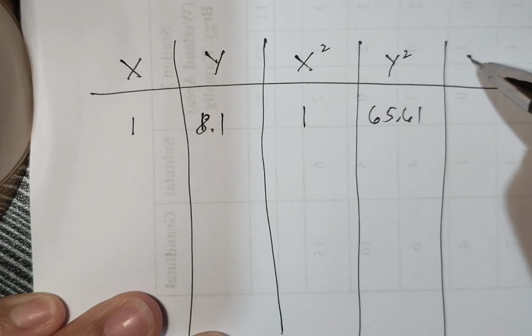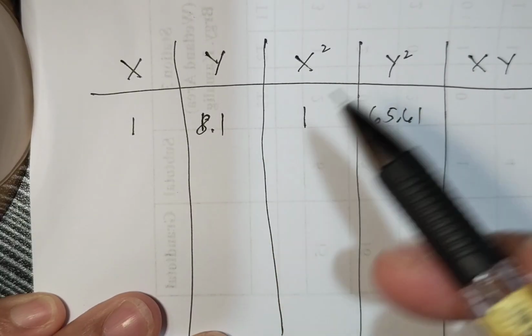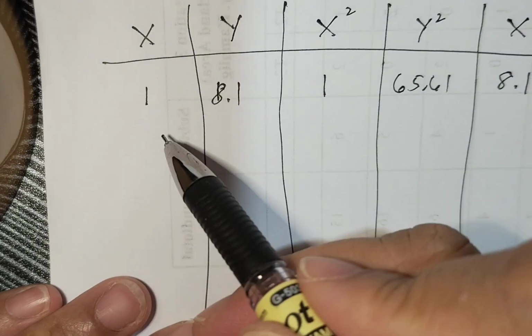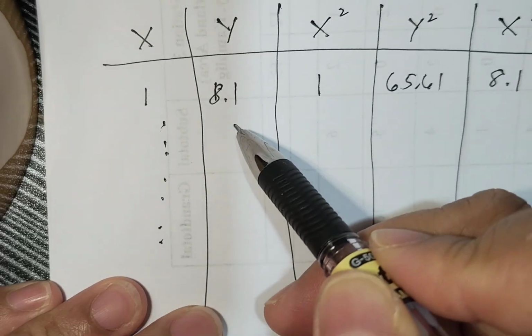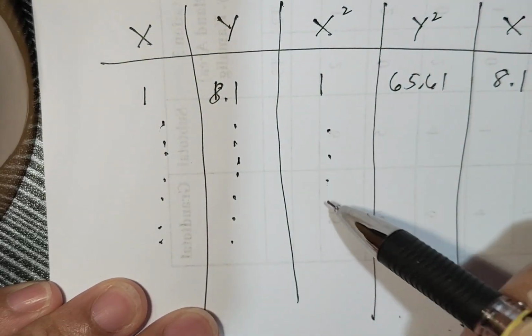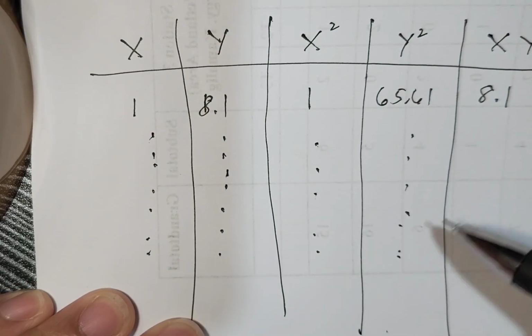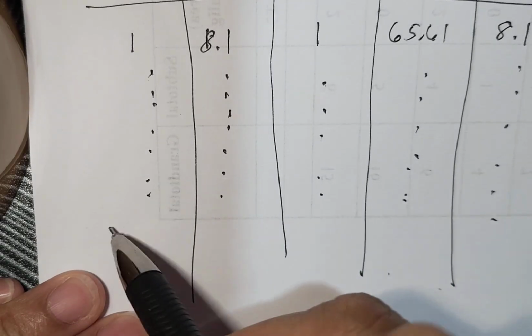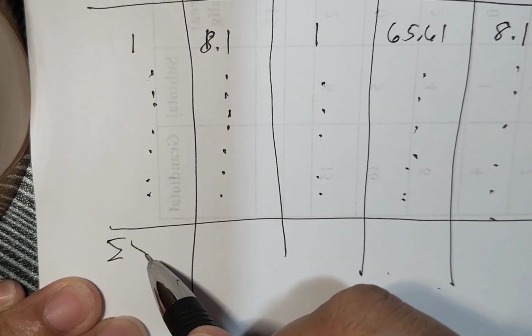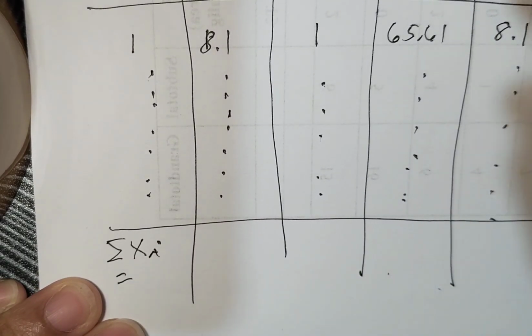You will need also the product of your x, y. So, 1 times 8.1, we have 8.1. You will do that for the rest of the observation. Paired observations, x, y. Okay? Itutuloy nyo yan. You may use the Excel to help you. Because what we need only is the summation of x sub i. The summation of x sub i is we have